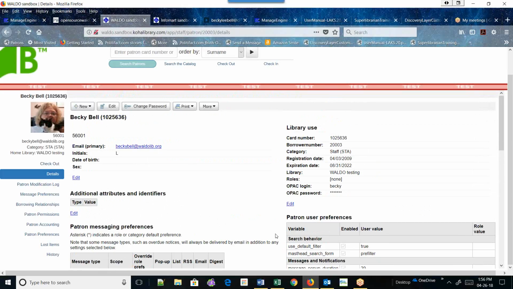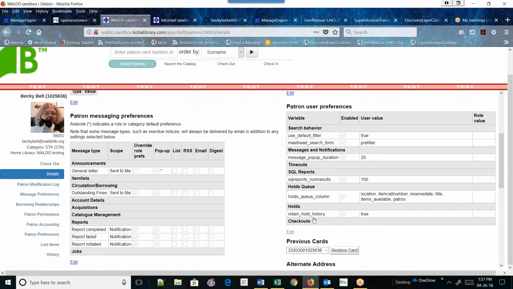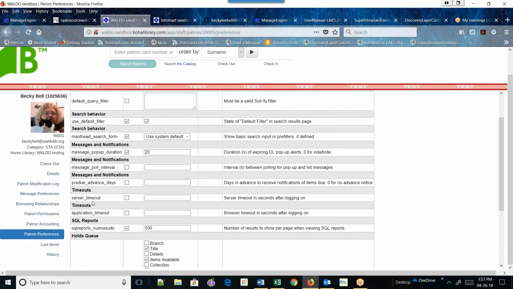Since I'm on a patron record, I just want to point a few things out. I'm not going to go through each and everything in the spreadsheet, but there are a few things I wanted to point out here. I've already pointed out last time we met that the left-hand side of the patron record is arranged a little bit differently, and there are different options here than were there before. There is another thing that I found in the release notes that really doesn't stand out to you unless you know what it is to be used for. There are two different